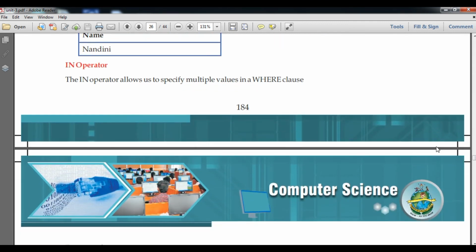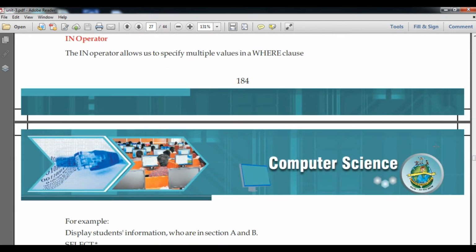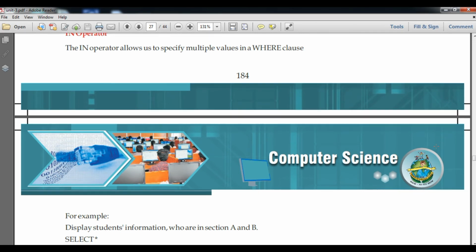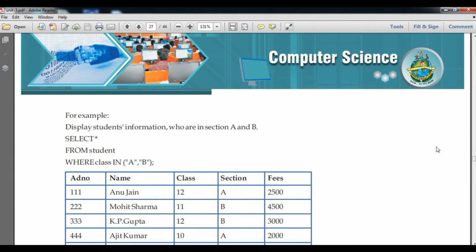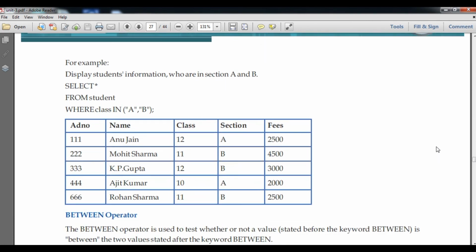Now we are going to understand what the IN operator is. The IN operator allows you to specify multiple values in a where clause. For example, display student information whose section is A and B both.